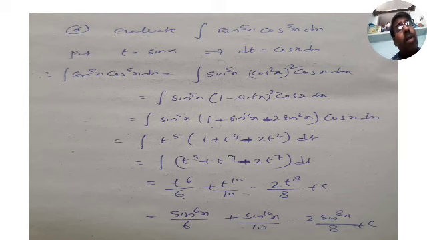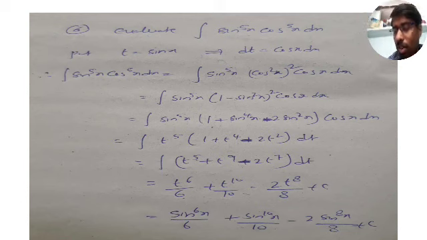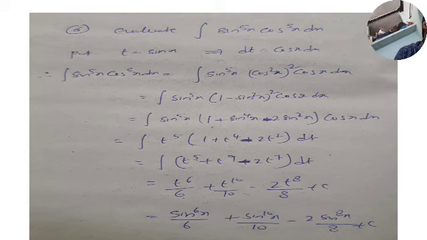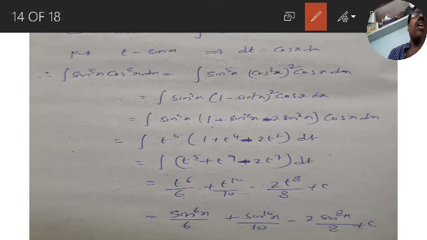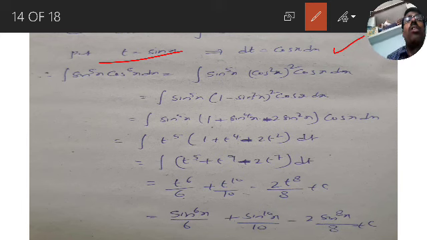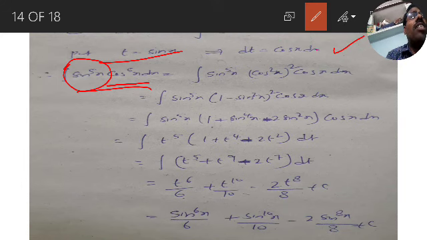It is very easy by putting t is equal to sin x. No minus business comes. If you put t is equal to cos x, then the derivative is minus sin x. But if you put t is equal to sin x, then the derivative is cos x. So it is easy to take t is equal to sin x, dt is equal to cos x dx. Now sin power of 5 into cos power of 5, there is no problem with sin power of 5. For cos power of 5, we need cos x dx. So cos square whole square, cos power of 4 into cos x dx. Cos x dx you can write as dt.